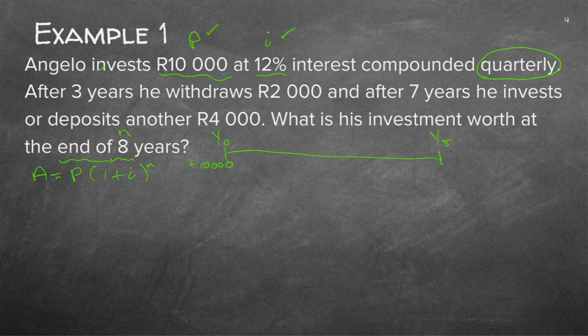But before I do that, I need to make sure that my I and my N are the same. You remember? So I'm going to write my I here. My I was 12%, so 0.12, calculated quarterly. Now, if you want to, you can physically do it and say it's 0.03, but I'm very afraid that you're going to say 0.3, so I'll rather just leave it like that. But now, if that is quarters, then my 8 years must also be quarters. So how many quarters in a year? 4. So for 8 years, it's 8 times 4, which gives me 32.